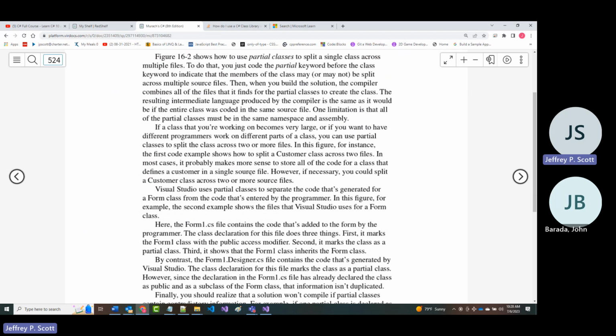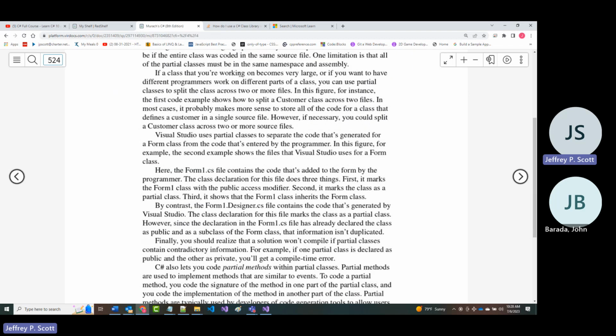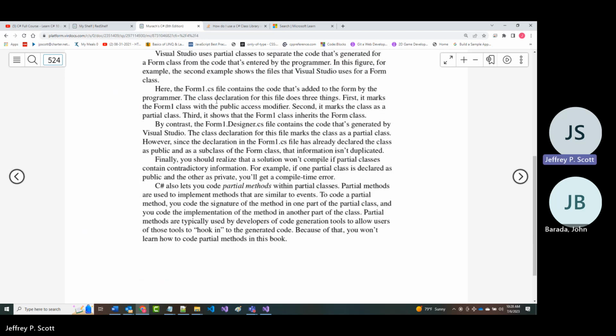And again, as I mentioned, it says if a class you're working on becomes very large or different programmers are going to work on different parts of the class, the use of partial classes can really make a lot of sense. Visual Studio uses partial classes to separate the code that's generated from the form from the code that's entered by the programmer. So you've been using them all along.